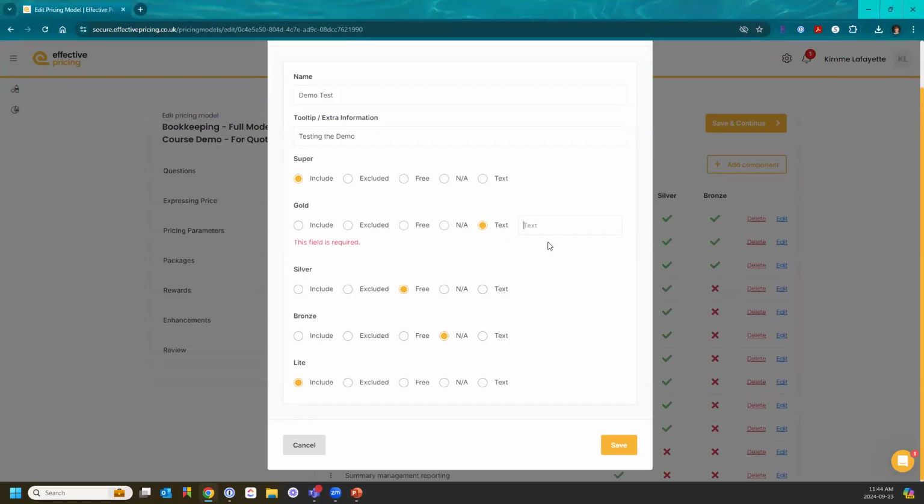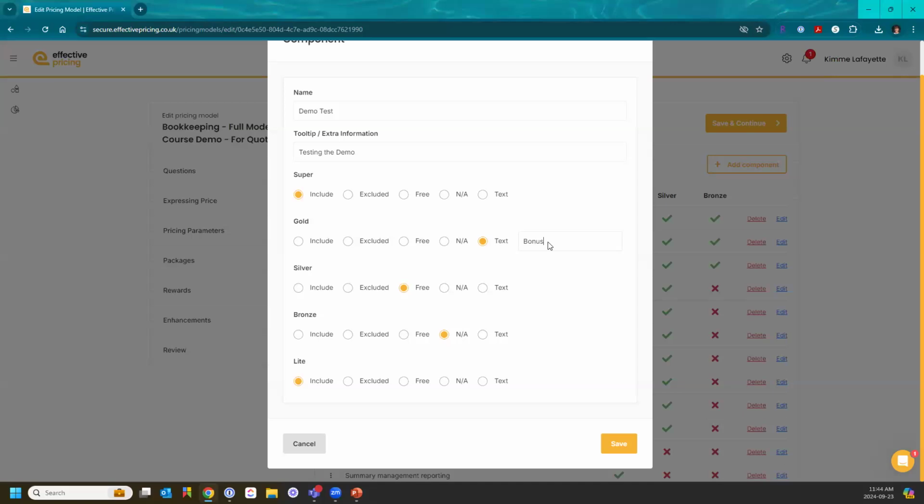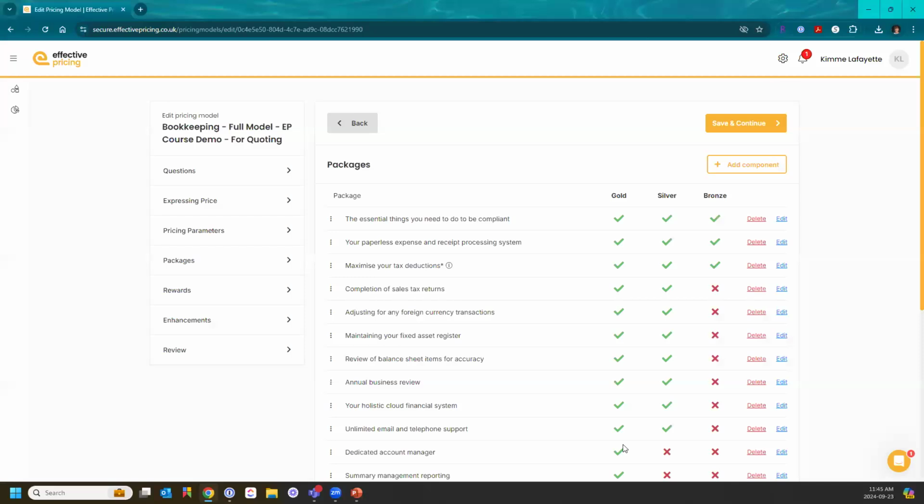I'm just going to type in the word bonus so you can see how that looks. Again, this is a field where you want to keep your free form text short. I wouldn't use more than 1 or 2 words maximum. It starts to get really convoluted looking on the screen and could even start to cut some fields off if it starts to get too long. So if I save this,